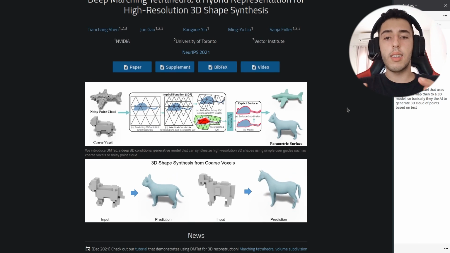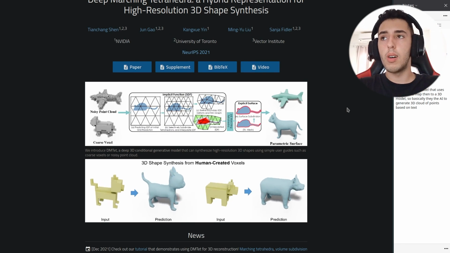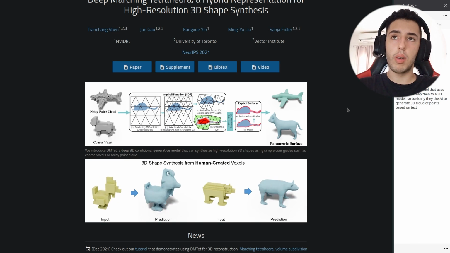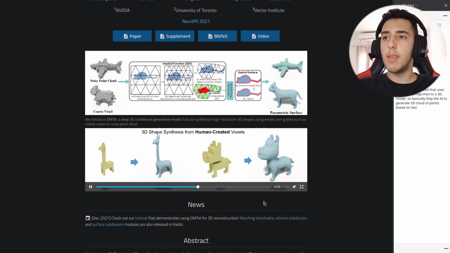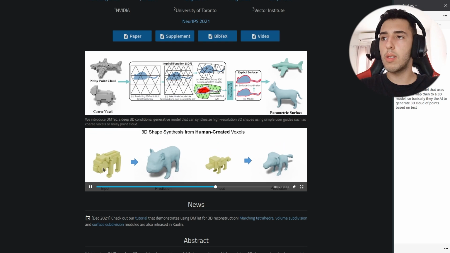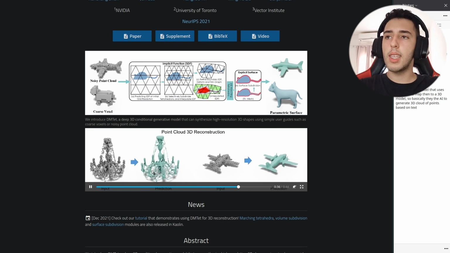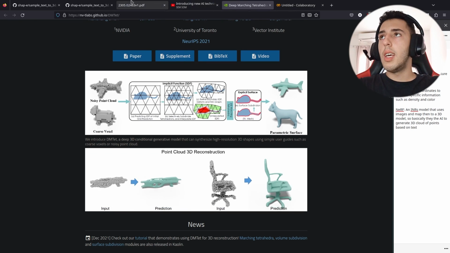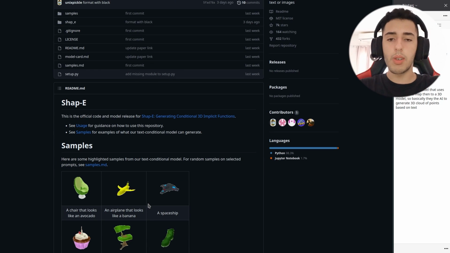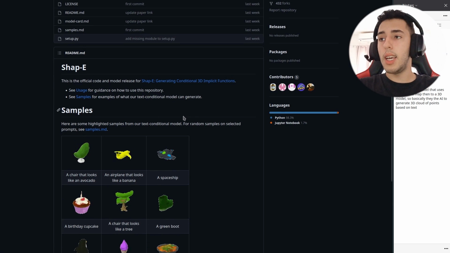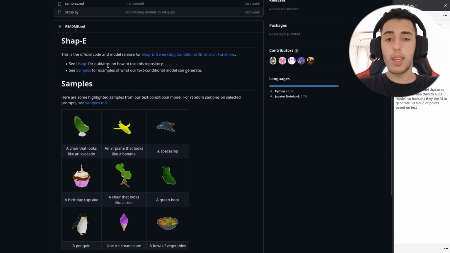This basically takes these voxels and transforms them into a mesh, as you can see here, and can do pretty amazing stuff like getting these voxel models and producing a more detailed version, which is pretty cool, right? What I will show you today is how to run it and how to use it. So let's get started.